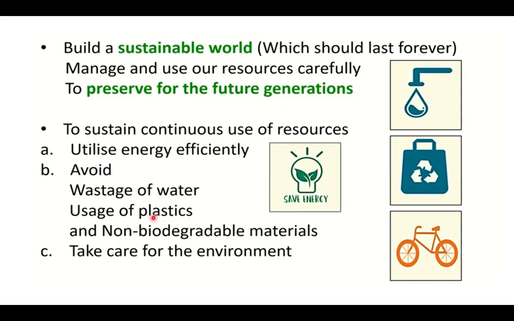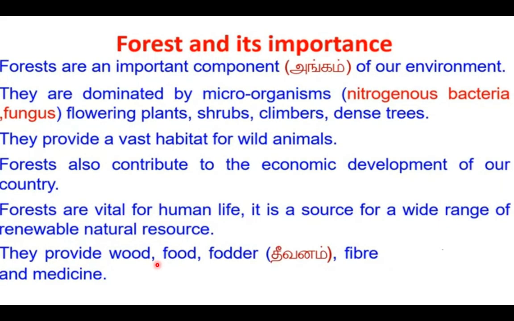Instead of going to nearby places by motorbike or car, a cycle can be used. In such a way, you can save the energy and save the resources for the future. Proper care should also be taken for our environment. To save and preserve our environment, it is in our hands. We are going to use it properly, as well as utilize the energy for our own future generations. Right?